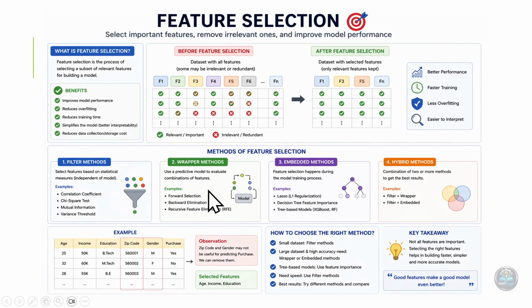We have filter method, wrapper method and embedded method. In filter method we use statistical techniques, which is fast and simple. In wrapper method we try different feature combinations using a model, more accurate but slower. And in embedded methods, feature selection happens during training, like lasso. Okay, we have one more method, that is hybrid method, which is the combination of multiple methods which we have